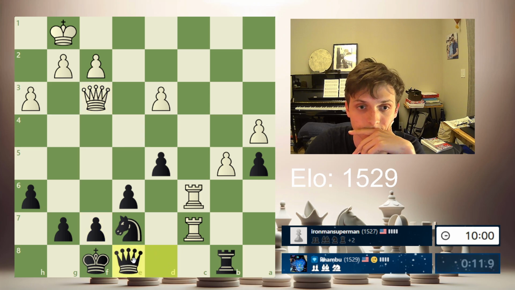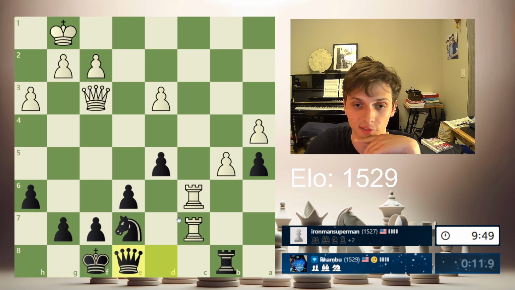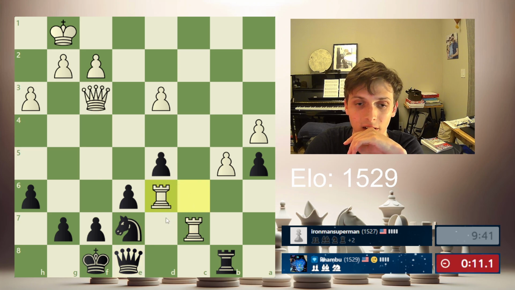I'll have to go there. I'm not gonna just give mate in 1 for free. It's not how I roll. But yeah, taking there would have led to just the immediate checkmate. Unfortunately. Would have loved it if he blundered a full-on rook. I mean, not loved it, I guess, because that would have made the game a little bit boring, but...